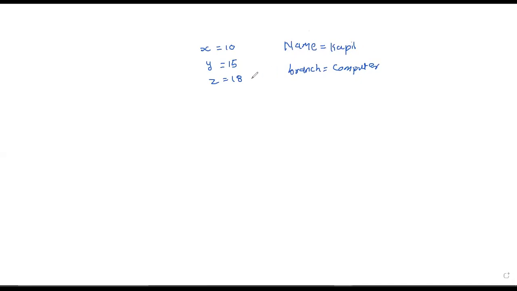Yesterday we also discussed that in order to get output, we have to put the dollar symbol. Using the dollar symbol, we can execute these variables. Suppose we want to execute x, then we write $x. If we want to interpret y, we write $y.